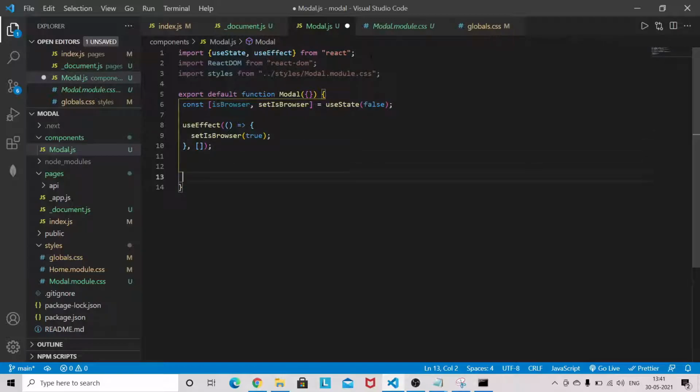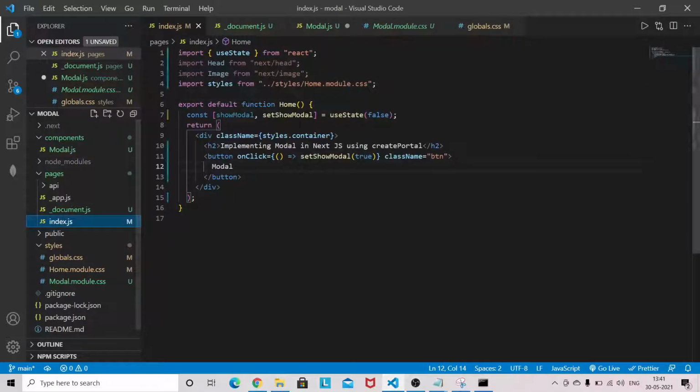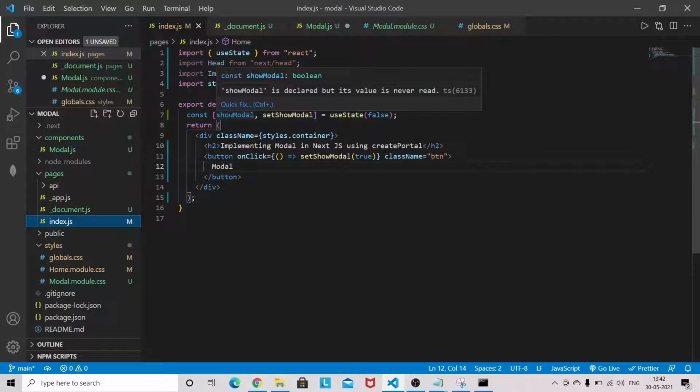Okay, now I'm going to write const Model. This Model component will receive some props from our index file. So from this file we are going to pass some props like show, home model.